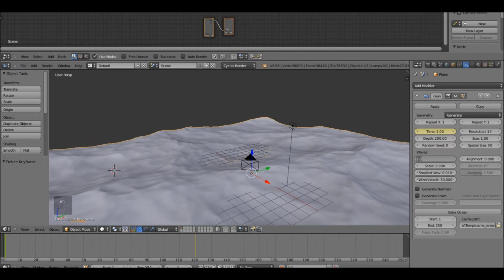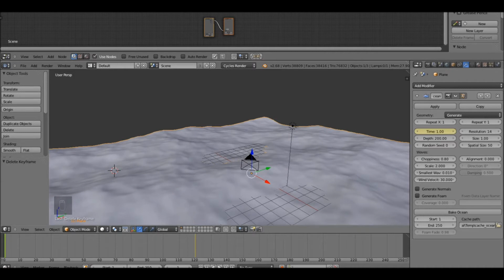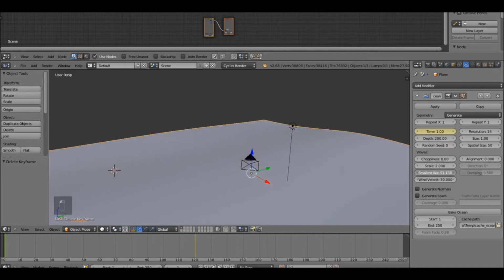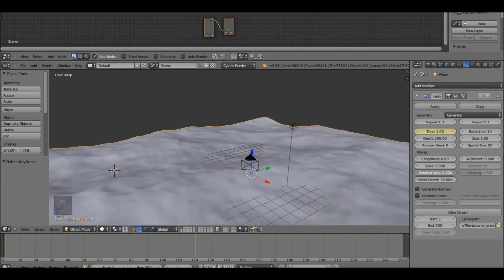I want to focus on a calmer sea, so I think 0.8 is good. Small waves. This is actually the opposite of what it sounds like. The smaller the number for smaller waves, the larger the waves are. The larger the number for